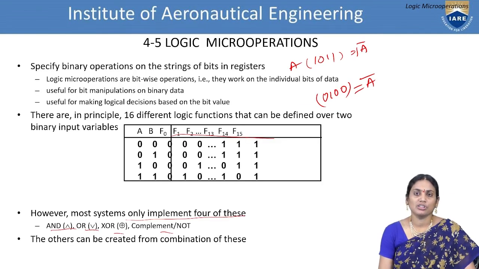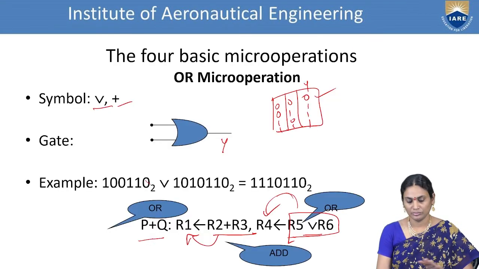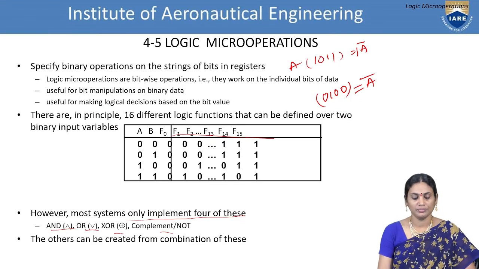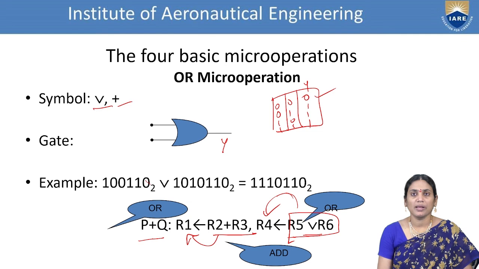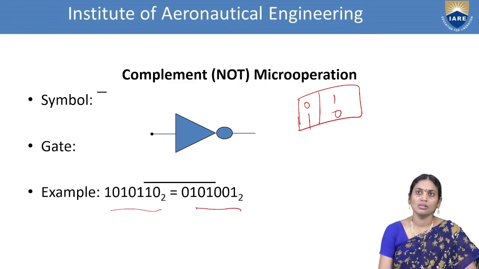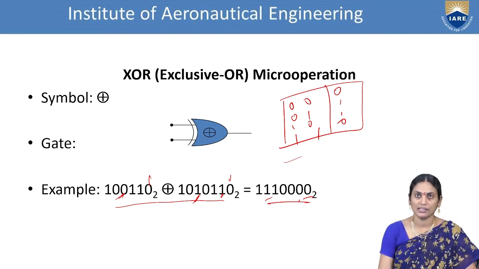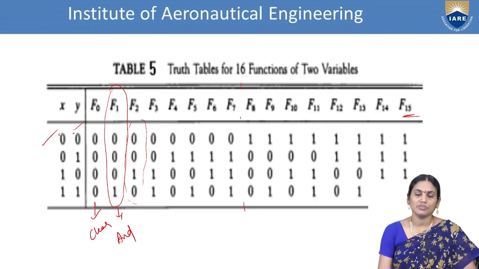So we have 2 inputs on which you have to perform, so it is performing up to 2 power n combinations of functions. These are the 4 basic micro operations which you are performing with a basic task. First one is OR gate, second one is AND gate, third one is complement, and fourth one is exclusive OR gate. These are the basic logic principles which you already discussed in the first year, or first 2 semesters. Now, based on these 2 tables, we have a combination of 16 functions that can serve as logic micro operations. How the 16 functions are generalized is dependent on the Boolean functions.